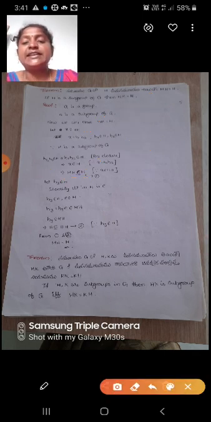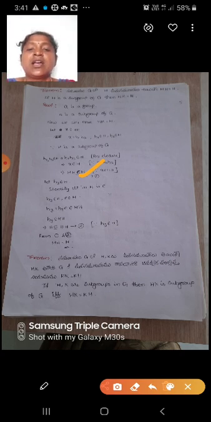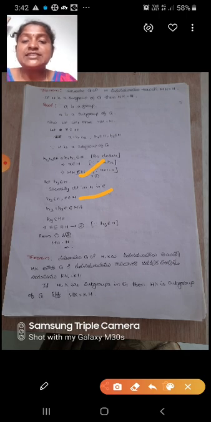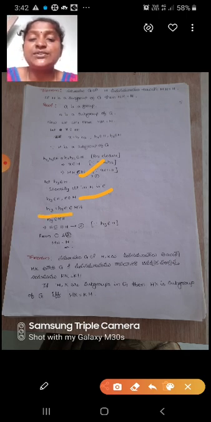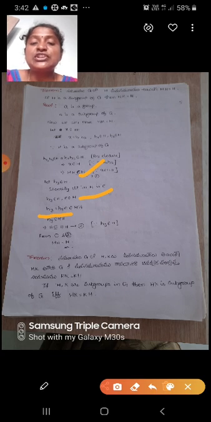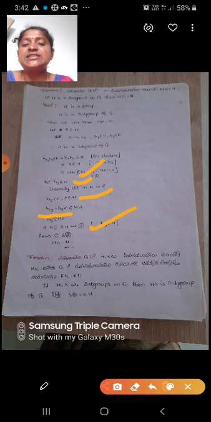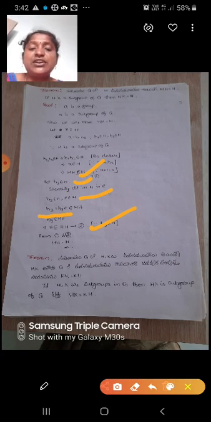Next, let H3 belong to H. The identity element in H is E, means E is an identity in H. So H3 comma E belongs to H. So consider H3 equal to H3 into E, that belongs to H into H. So H3 belongs to H into H. So H3 is an element in H. Therefore H is a subset of or equal to H into H.